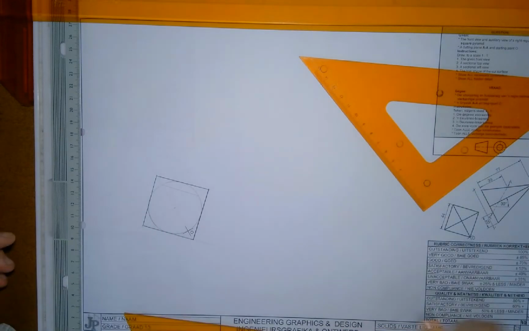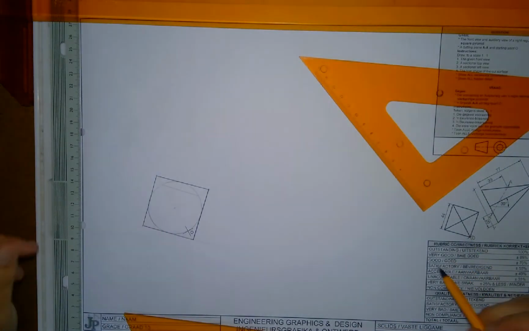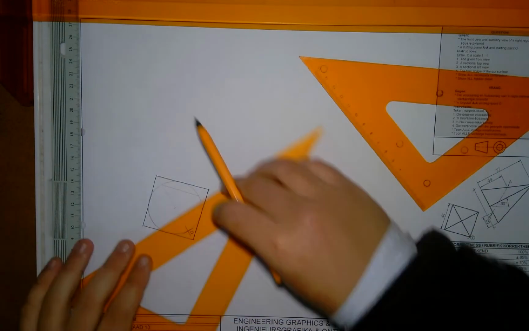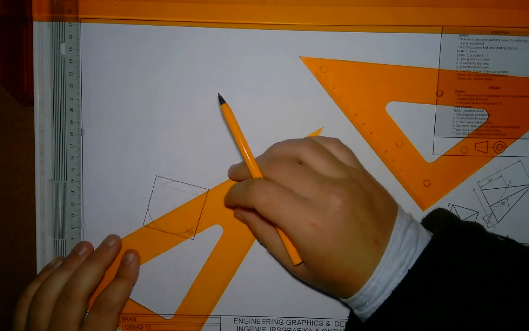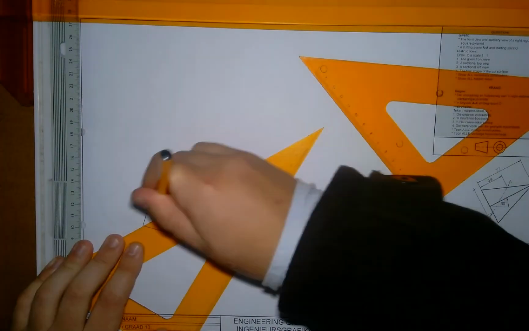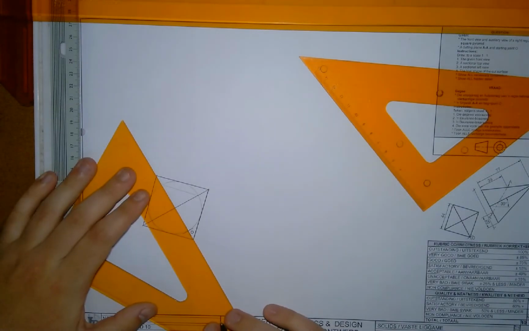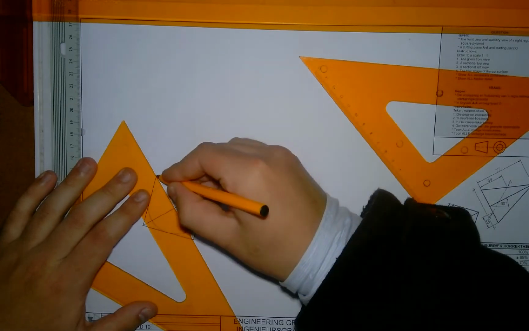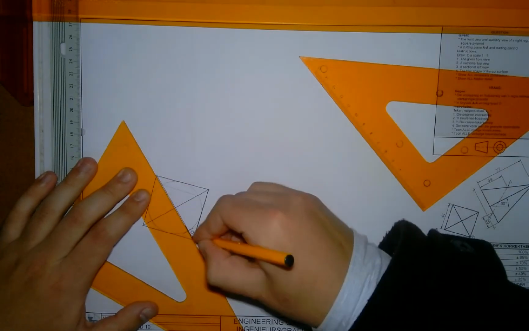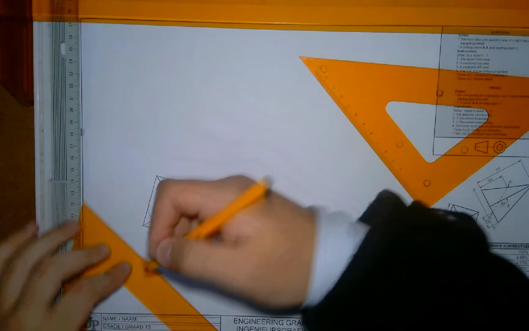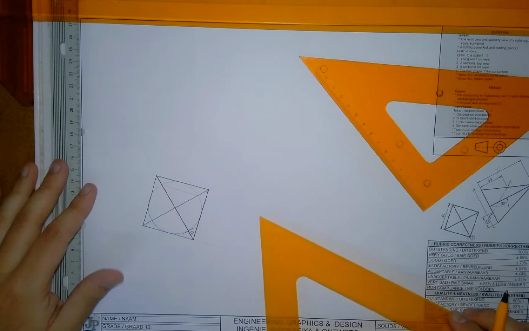Okay, now we've got the auxiliary view. Is it complete? No. Why? We want the inside detail. Okay, there we have our